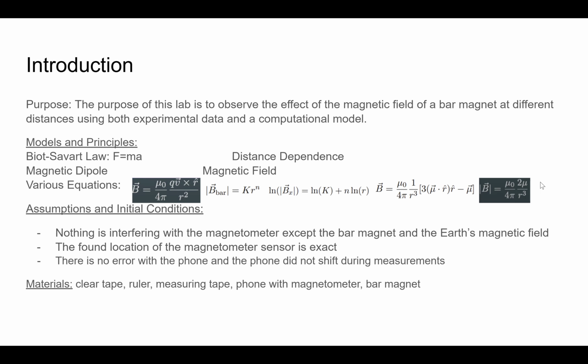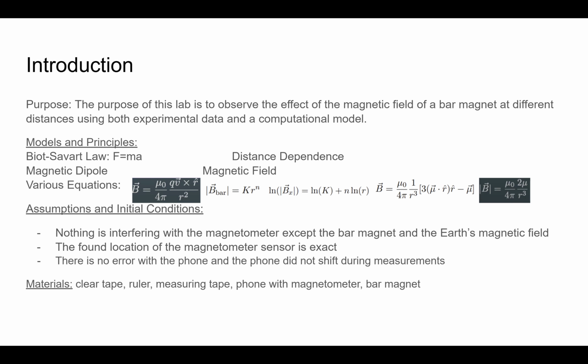The purpose of this lab is to observe the effect of the magnetic field of a bar magnet at different distances using both experimental data and a computational model. The models and principles involved are the Biot-Savart law, magnetic dipole, distance dependence, magnetic field, and the various equations as